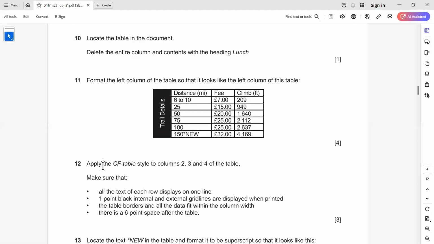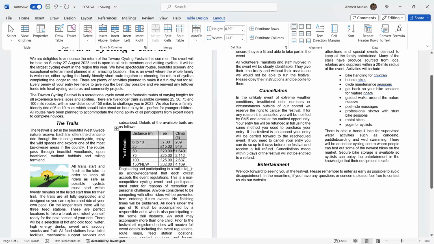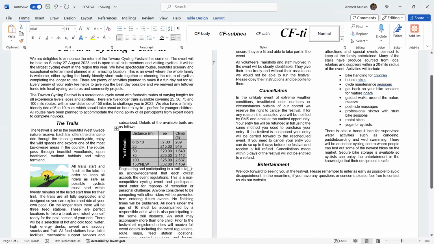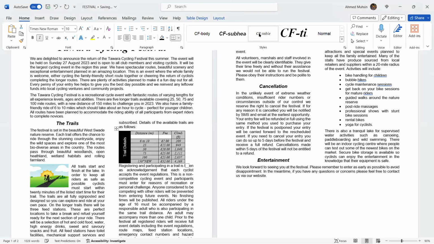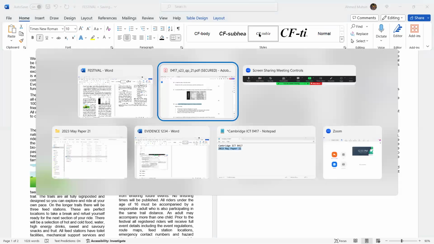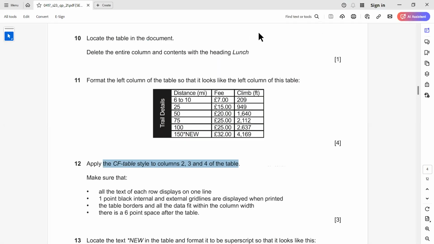Apply the CF table style to columns 2, 3, and 4 of the table. Columns 2, 3, and 4. So over here, we need to apply which style? CF table style, which is over here. We need to apply this, so I'm going to click on that. It's also done. And then it says, make sure that all of the text of each row displays on one